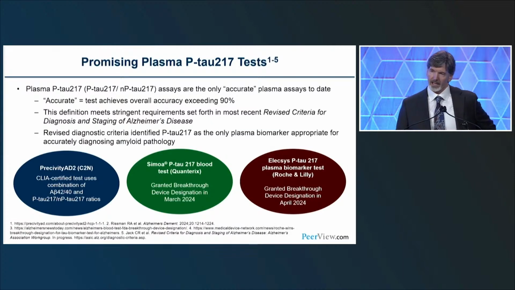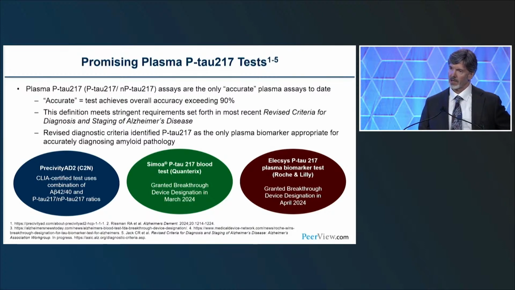So plasma tests, I'm just going to mention that as something promising. Hopefully one of these will turn out to be a success. In the revised criteria for diagnosis and staging of Alzheimer's disease, the request is to have a test that's 90% accurate. And I think we're having some challenges in getting the plasma test to that range, but we're hoping